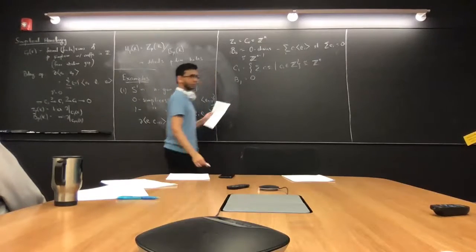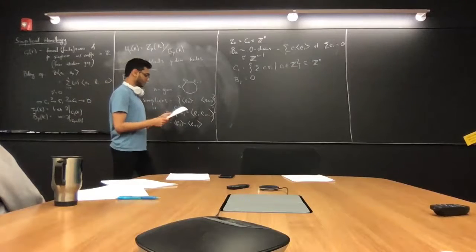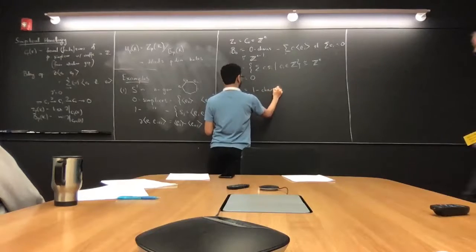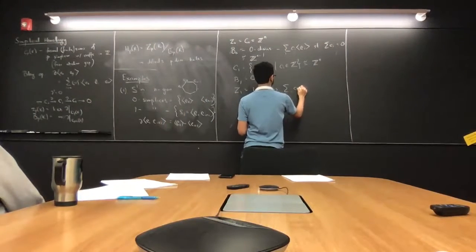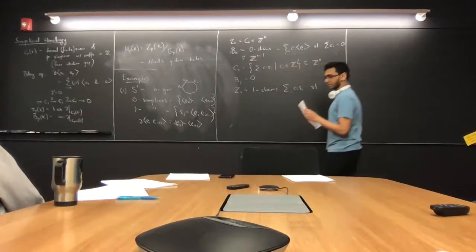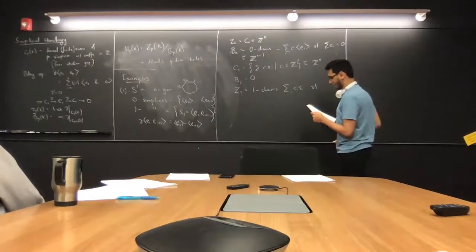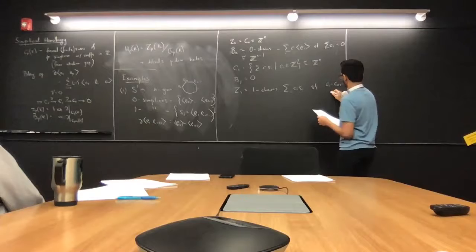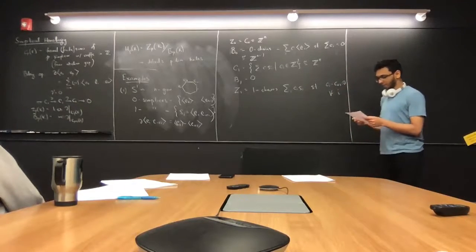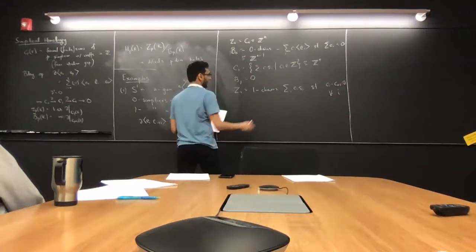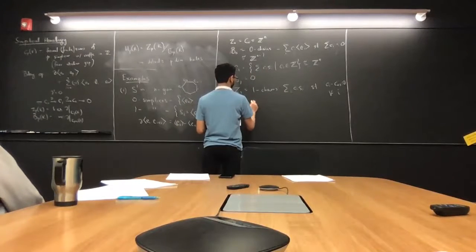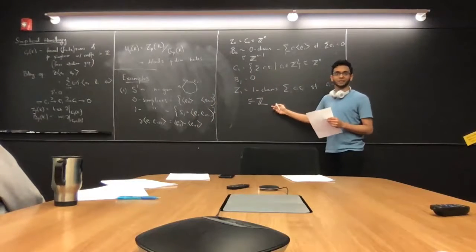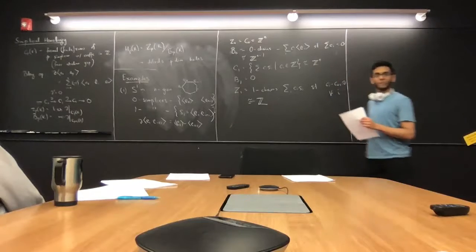B1, on the other hand, is 0, the space of one-dimensional boundaries. Z1 is the space of one chains Σ Ci Si, such that, again, by using the definition of the boundary operator, Ci minus Ci+1 is equal to 0 for all i. So this is N-1 constraints on N numbers, which means that this is isomorphic to Z. What is the chain that generates this? Can we just take